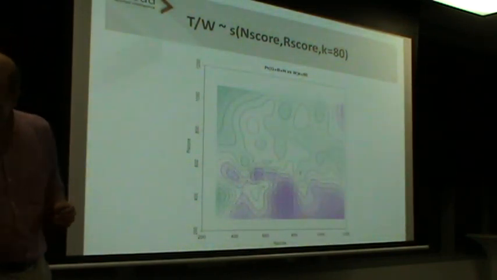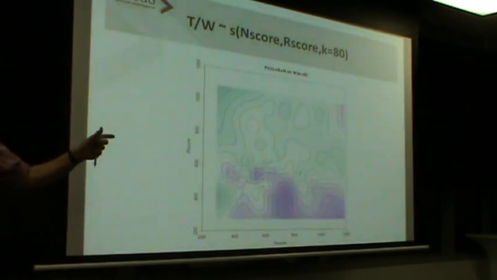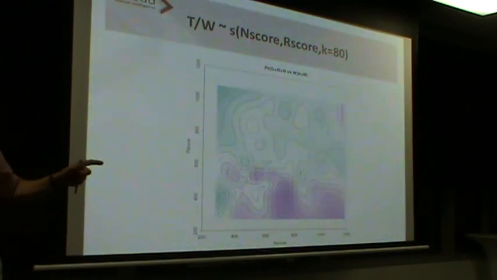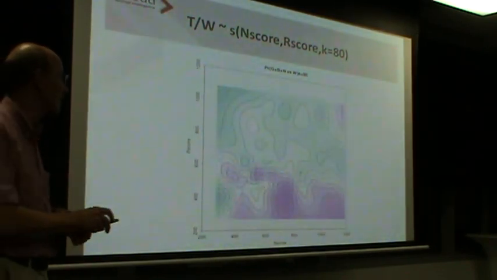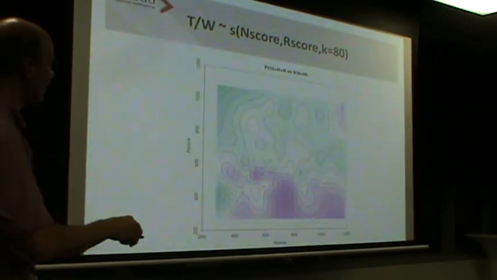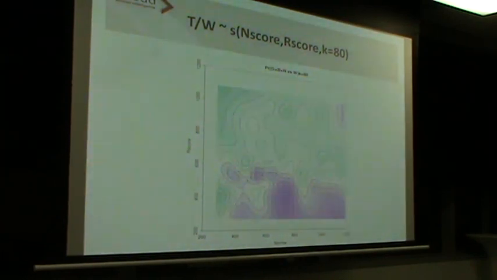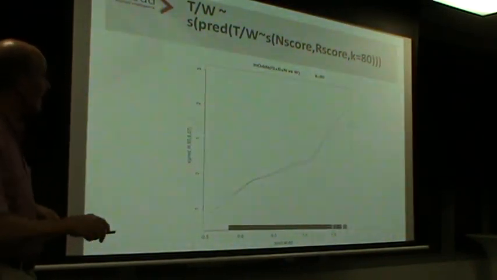So instead of being whatever it was before, something like, say, 7 or 8 effective degrees of freedom, that might have boosted it up to maybe 12 or 15 effective degrees of freedom. So it's made it a bit more wobbly. We've still got the bluish areas at the top and the pinkish areas at the bottom, but there's more high frequency content in that. And now if we look at the diagnostic plot for that, okay, it's not linear, but